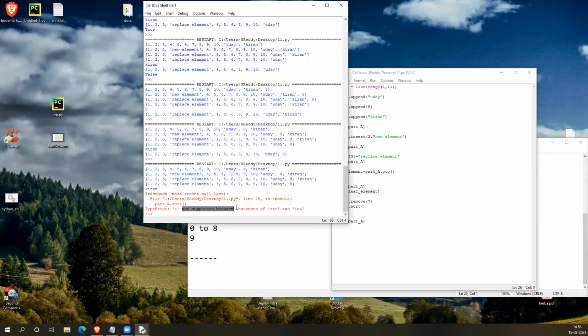Now you can see an error: not supported between instances of list and str. So it's trying to sort, but as we are having different types of elements, it's not able to sort because we are having both strings and integers, right? So let me remove this integer part.